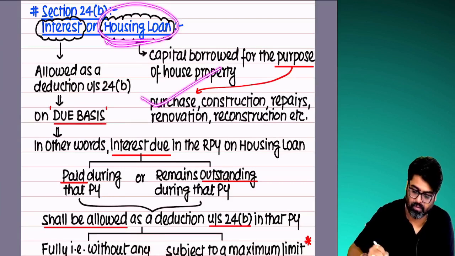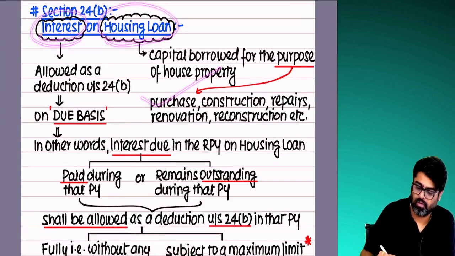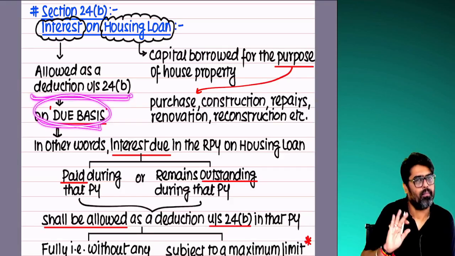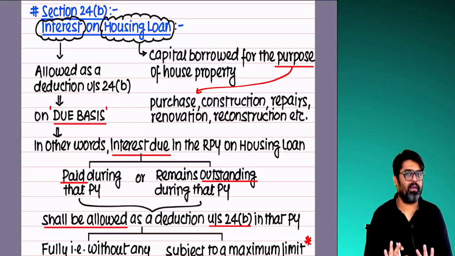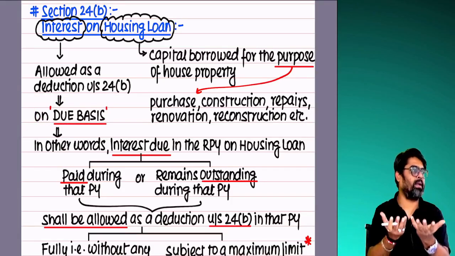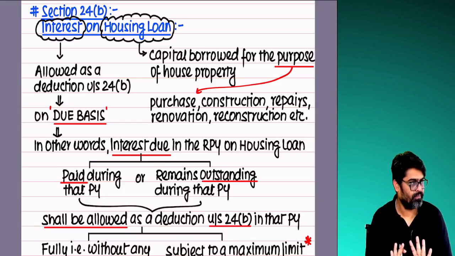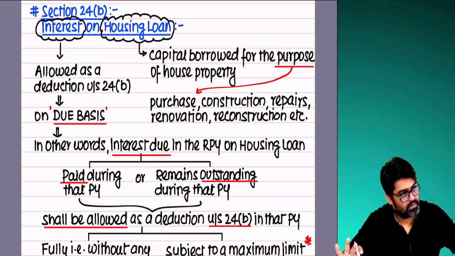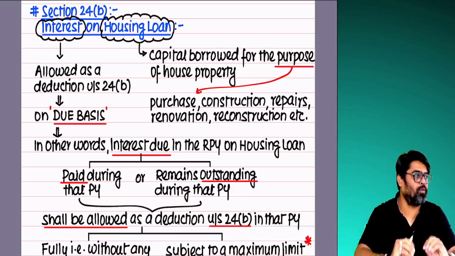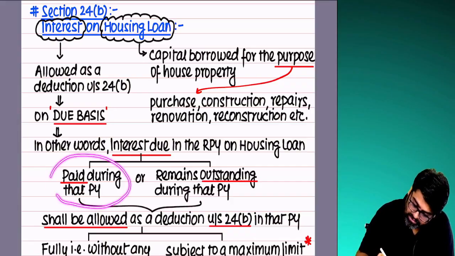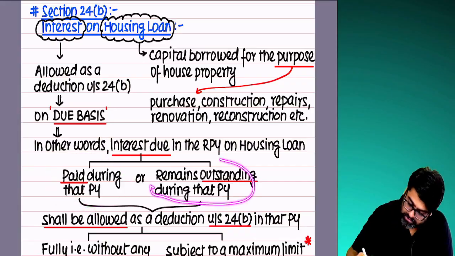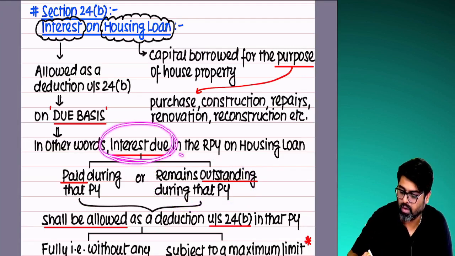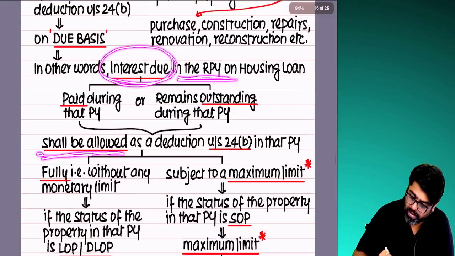Housing loan, meaning I know. Interest on housing loan will be allowed under 24B. On what basis? You have to see how much loan is outstanding during your previous year, and on that entire loan you calculate the interest. Whether that interest is paid by you in this year or still outstanding will not make any difference. Whatever interest is due for this year will be fully